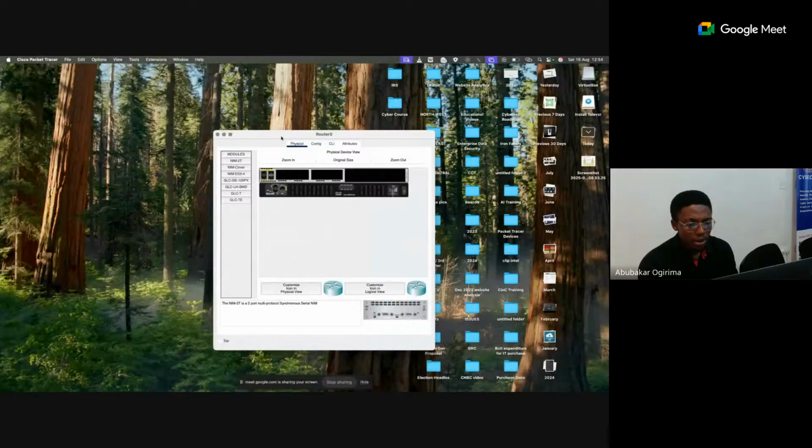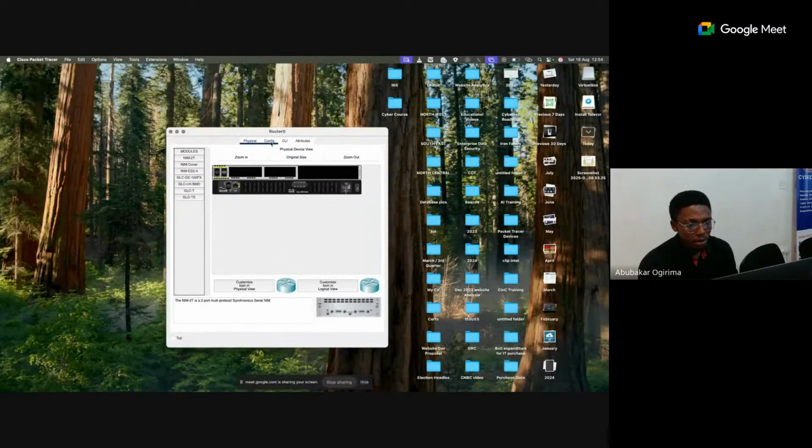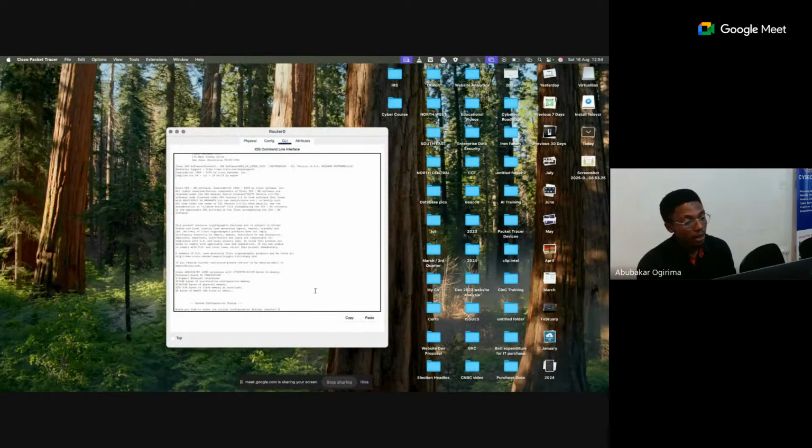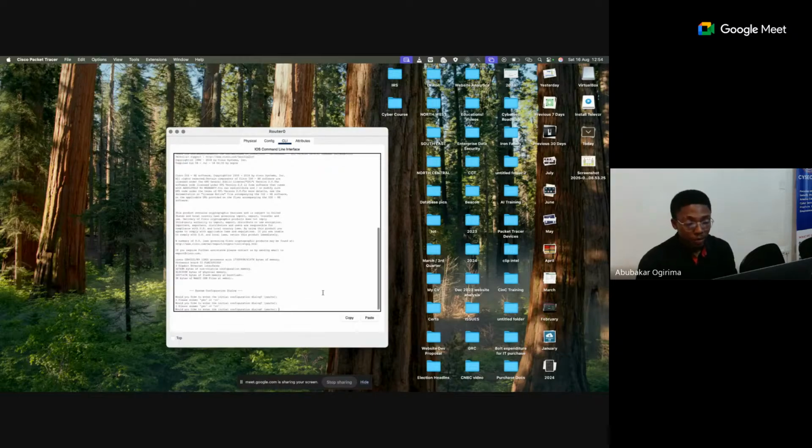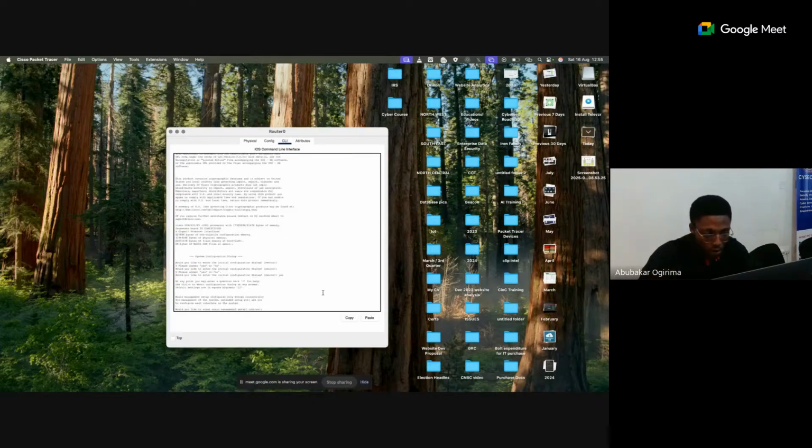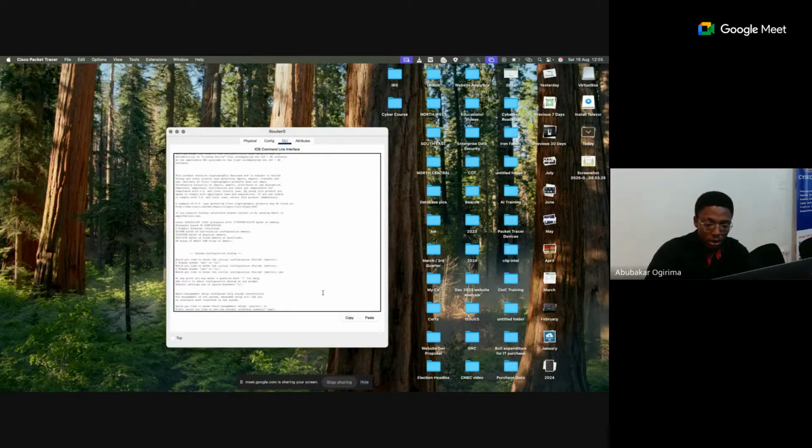So on the router, to configure it, when you click on it, you go to the CLI. Here you might just need to type a few commands. First off, you're going to be greeted with an initial configuration dialog. Just type yes, or rather, since we are doing this ourselves,